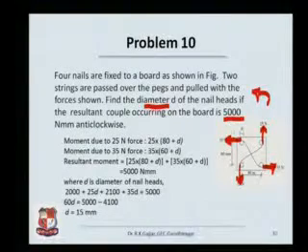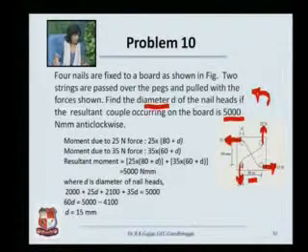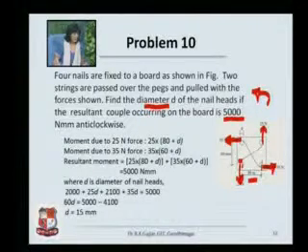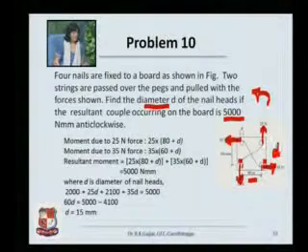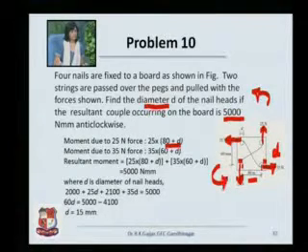Moment due to the 25 Newton force here is going to be 25 into the distance 80. Now 80 is center to center of the nail. So what is left? D by 2 on this side and D by 2 on this side. Total will be D. So it is 80 plus D. The total distance between the 25 Newton forces is going to be 80 plus D by 2 plus D by 2, that means 80 plus D. The direction is going to be anti-clockwise.